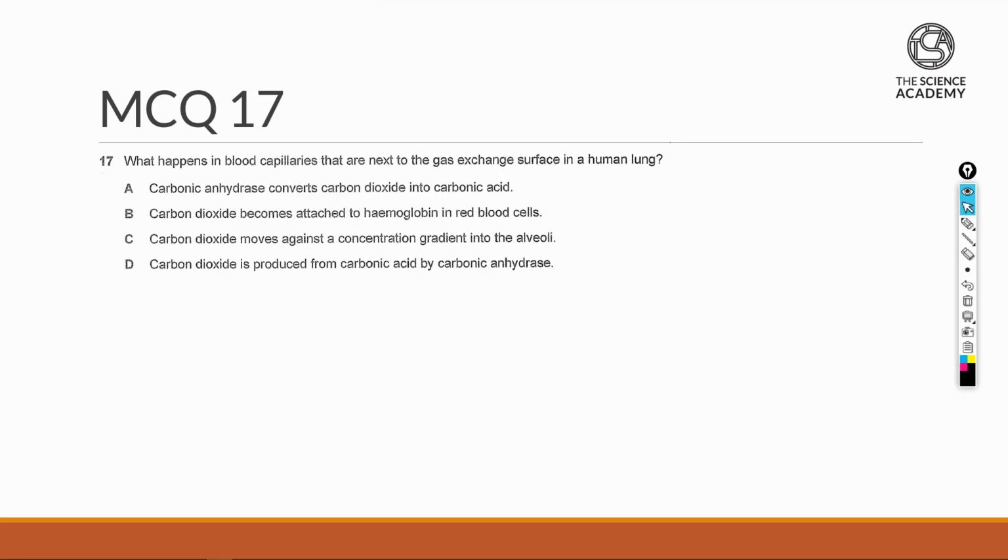MCQ 17 looks at the metabolism of carbon dioxide at the human lung area. Just again to draw a little bit of the summary via the biconcave shape of the red blood cell, using pink color to label the action that's happening at the actively respiring cells, we should be seeing carbon dioxide as well as water diffusing into the red blood cell at the actively respiring